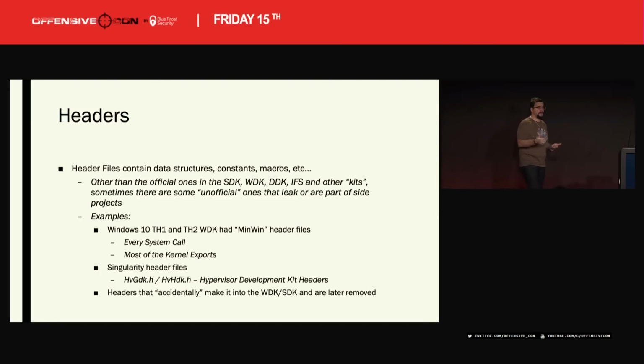Now, on top of that, sometimes there are header files that they accidentally open up. For example, in Windows 10, Threshold 1 and Threshold 2, WDK had the full set of min-win header files. These are the internal Microsoft headers that one beta build of the WDK had, which included all the system call prototypes and all the exported functions of the kernel and hundreds of data structures and comments, more importantly, around things that had never been seen by anyone. And so a lot of this is paying attention to what's getting released. Download every build, get every symbol, download every header file, build up a collection, because all it takes is one